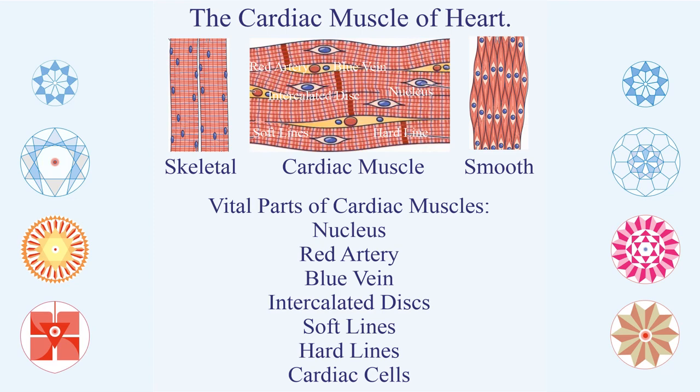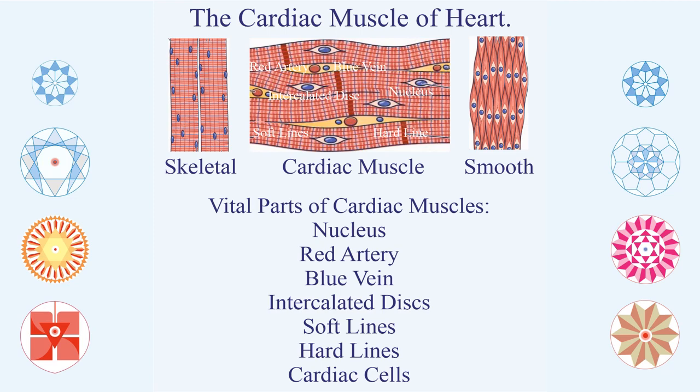And vital part of cardiac muscle, you have the nucleus, you have the red artery, you have the blue vein, you have the intercalated disc, you have soft lines, you have hard lines, and you have cardiac cells. They work in unison as cohesion, as a symbiotic relationship. They work and merge with each other. They don't work independently, like skeletal muscles. In skeletal muscles each fiber is independently supplied by a nerve, but here everything is interconnected. They work in unison, they have to do things in a very systematic way, and that is something which I'm trying to explain, given the structure of cardiac muscles with respect to the heart, as well as skeletal muscles and